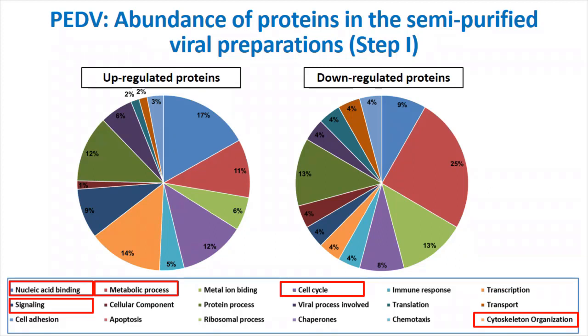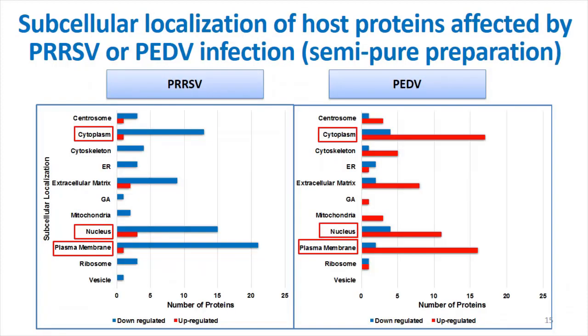Basically, the same group of proteins have been dysregulated. Additionally, for PEDV, we find that proteins involved in cytoskeleton organization have been highly dysregulated. Later, we also classified these proteins according to their subcellular localization, and you can see that for PRRS and PEDV, host proteins which are associated or localized in cytoplasm, nucleus, and plasma membrane have been upregulated or